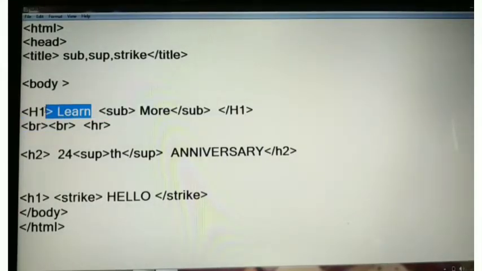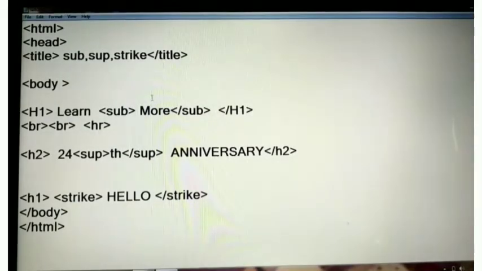Here learn is first text, then more is the text given between SUB element. Then what happens here? The text more will be displayed below the text learn. This is the syntax. SUB, this is the opening tag and this is the closing tag.